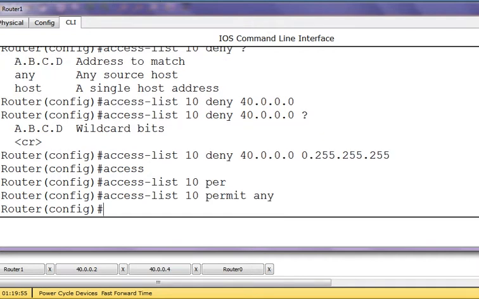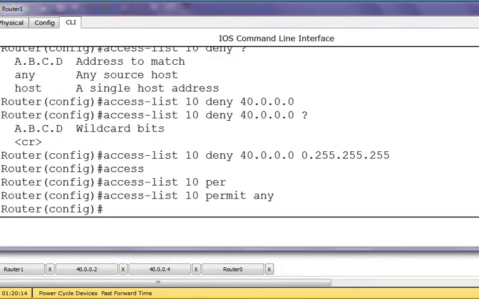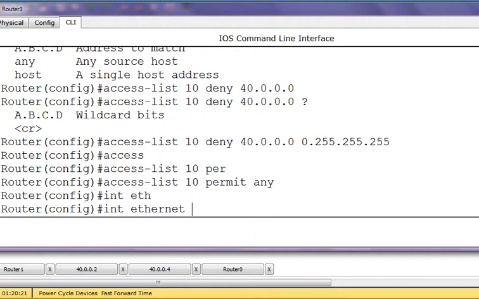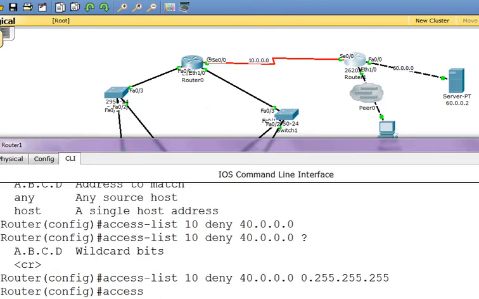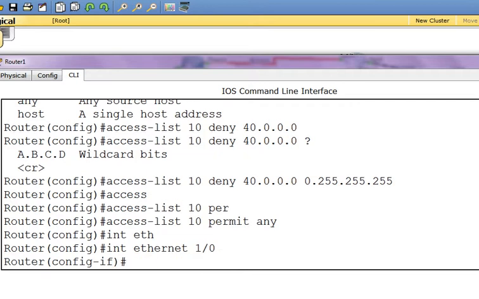Now we have to decide where to bind this. Let's bind it here, this Ethernet 1/0. So I go to router 1 and then go to interface Ethernet 1/0.